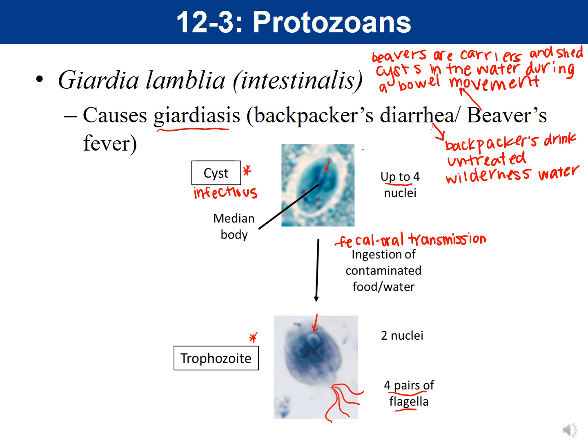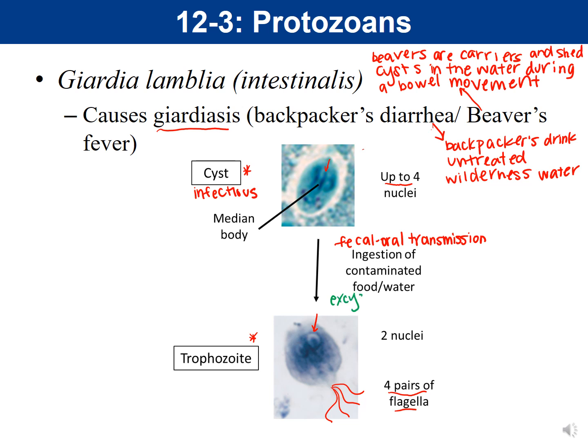So swallowing as few as about 10 cysts might cause someone to become ill. So it's not like you have to ingest a lot of these. Even a small amount can cause an infection. The cysts are very hardy and can survive several months in cold water. So even outside the body, the cysts are able to survive in that cold water. Now, again, you get the disease when you ingest the cyst. So you ingest the cyst, and just like the other two that we've already talked about,